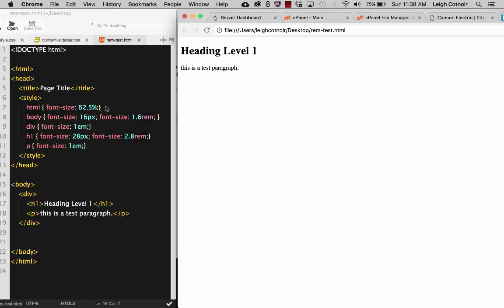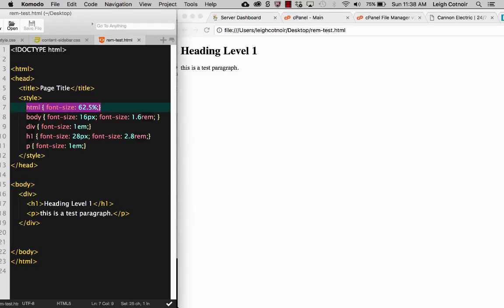And the only portion from the reset section that I've pulled out is just this one declaration of font size that is attached to HTML. There are some other declarations that are part of that reset for HTML in the style sheet, so don't confuse this with the actual style sheet of underscores. This, again, to reiterate, is specifically just so we can do a really simple example of the difference between EM